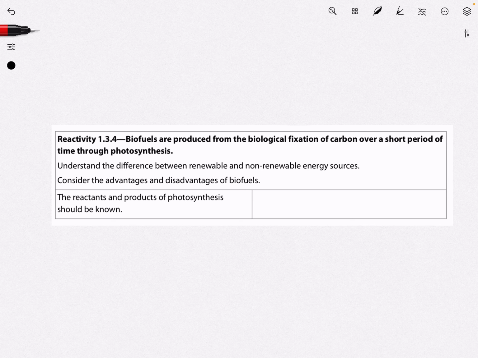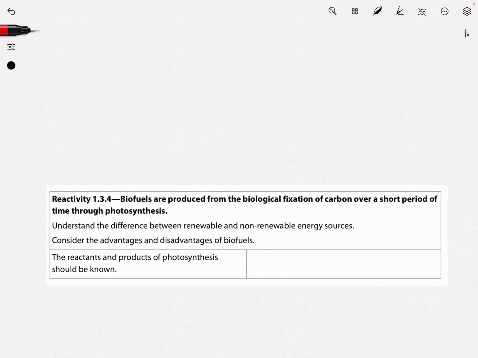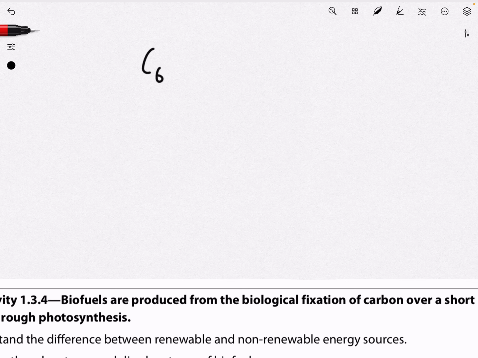Today we're still going to be looking at the topic of reactivity 1.3, more specifically at biofuels. So how is energy stored in these biofuels? Well, this right here is a molecule of glucose. As we can see, it contains carbon, hydrogen, and oxygen, making it a hydrocarbon. And as we know, the combustion of hydrocarbons releases a lot of energy, which we can then use to, for example, power mechanical processes. And this is the first way in which we can use biofuels as fuels, which is